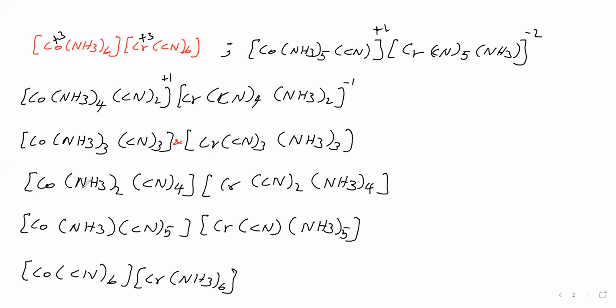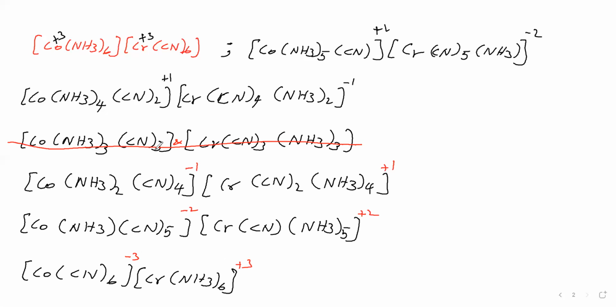For this net charge -1, for this net charge +1. So it is anion, it is cation. For this net charge -2, for this net charge +2. It is anion, it is cation. For this net charge -3, for this net charge +3. It is anion, it is cation. We have written like this. Now you see, let us remove this one. We need not consider this one because these two are separate complexes. None is cation, none is anion.